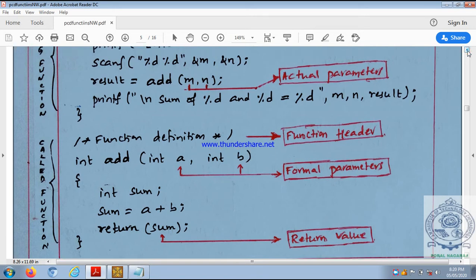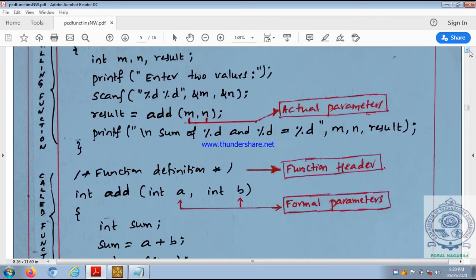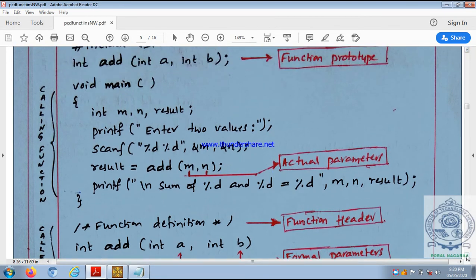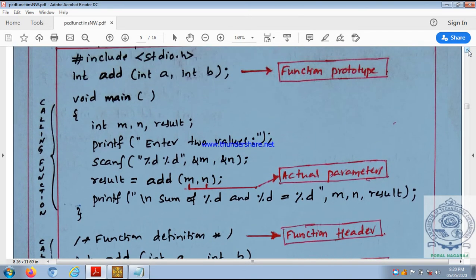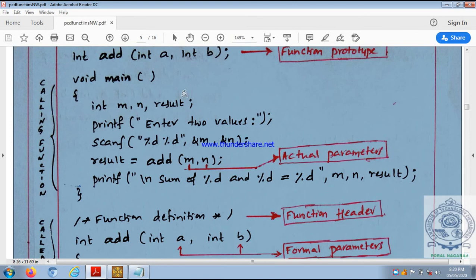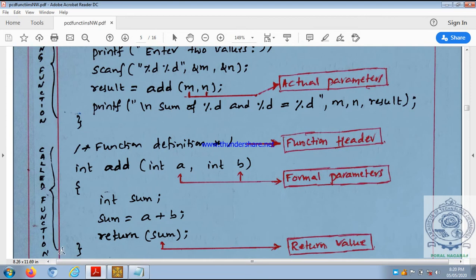So this is how you can define the function, call the function, and declare the function before main. Observe that here the function definition is placed after the main function. That's why the function prototype is declared. This main function is called the calling function, and this add function is called the called function. Whenever you call a function using a function call, control goes from the calling function to the called function. And when the last statement, the return statement, is executed, control goes back from the called function to the calling function, and the remaining statements of the calling function will be executed. So this is how the process of function works.